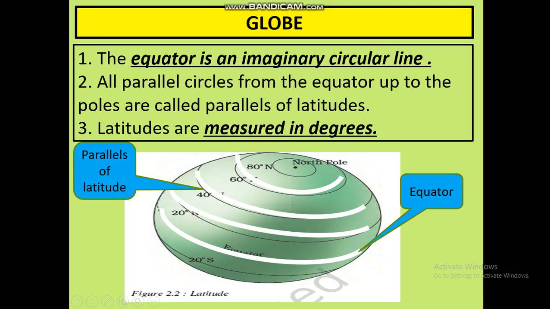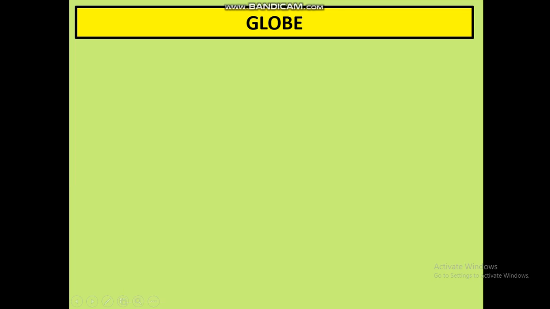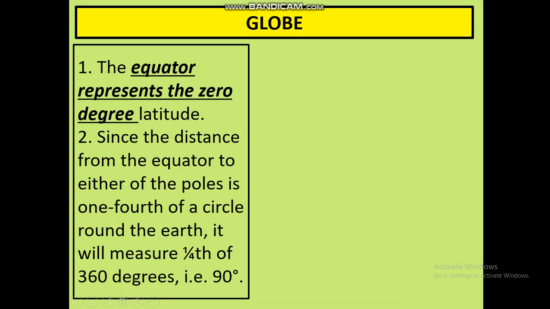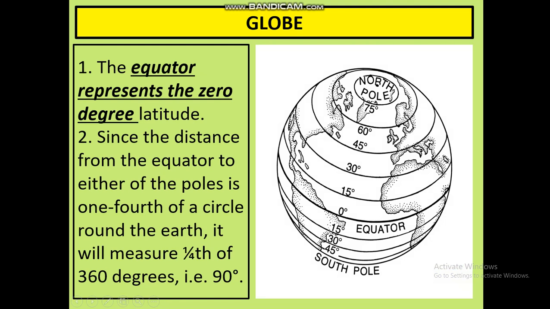Suppose all these horizontal lines are lines lying flat, that's why they are known as latitudes, and all these latitudes are measured in degrees, the way centimeter and kilometer are units, similarly these are also measured in degrees. As you can see, this is known as degree. The equator represents 0 degree. As you can see over here, the measurement of the equator is 0 degree.